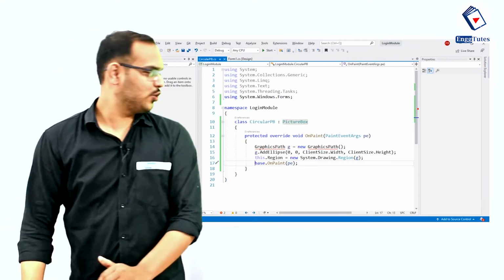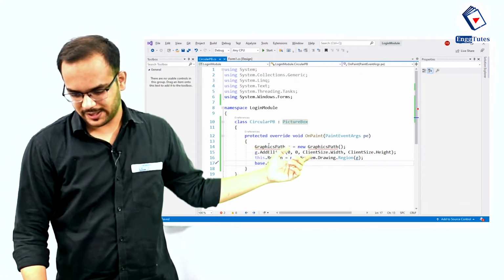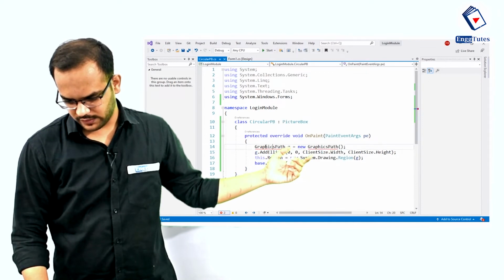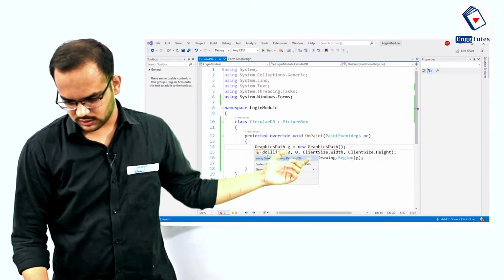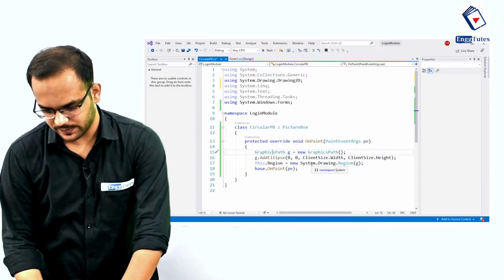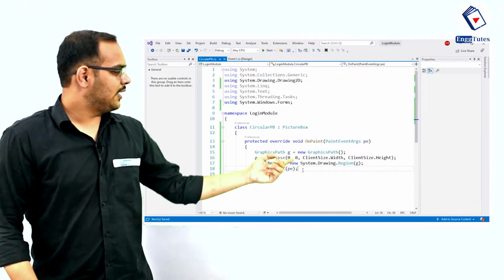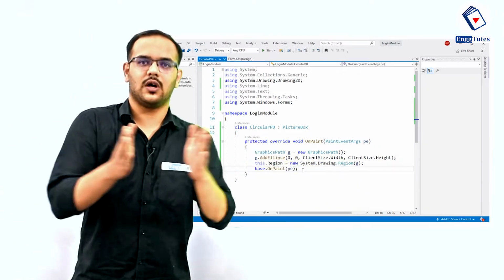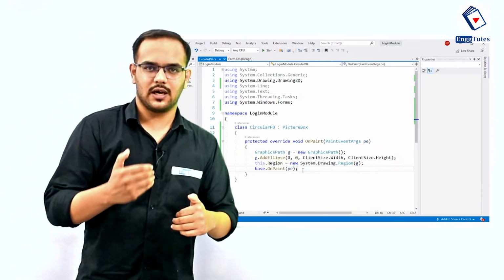We are using a GraphicsPath, so that means we are using the graphics library, and for that we need to include a namespace over here: using System.Drawing.Drawing2D. It has a default method AddEllipse, and we are providing the dimensions of the ellipse to be rendered.